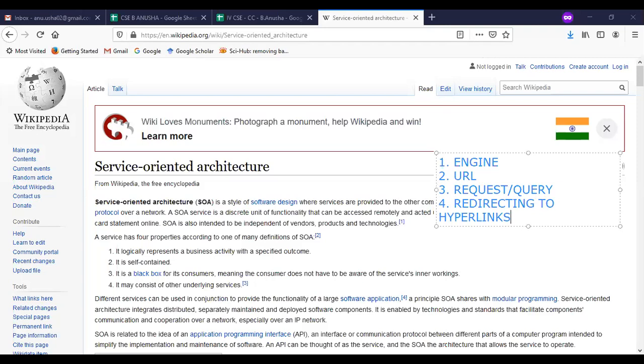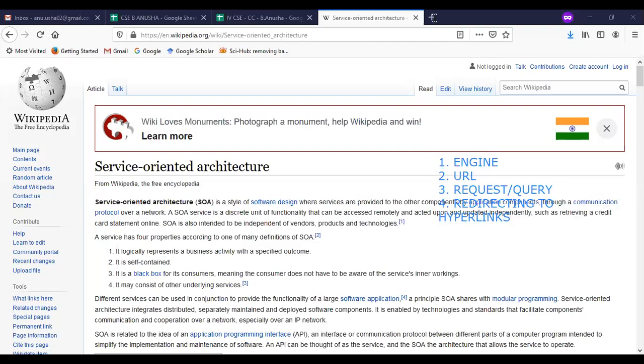Why I have said this as hyperlinks, in the previous class also I explained this thing. To know about service oriented architecture, I need to go to wikipedia.org, then go to the wiki, and then take the service oriented architecture.